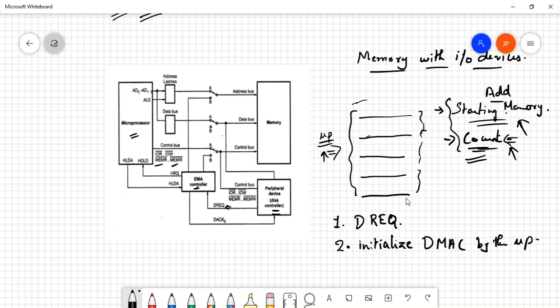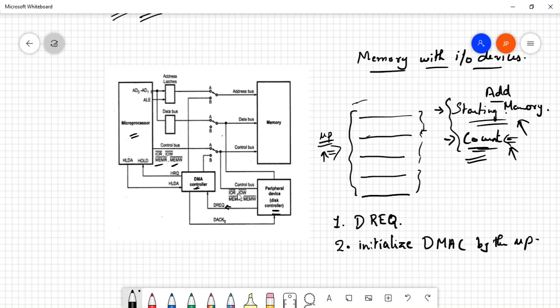Whenever you transfer a file, you drag it from a particular memory location in your memory to your USB, or maybe you give a command for printing a document. This is the basic command that the microprocessor is going to give. It gives the starting address.